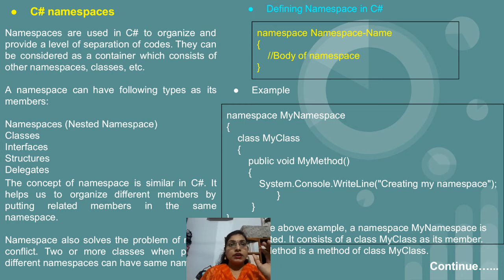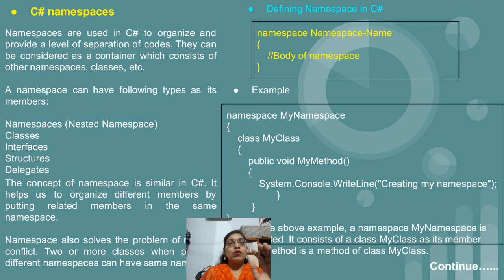Are you getting my point? That is, we have seen the example of System. Why do we have to write that using System namespace? Because we are making use of the Console.WriteLine method, Console.ReadLine method. So all these methods are part of the System namespace, and this is the reason why we have to write it.